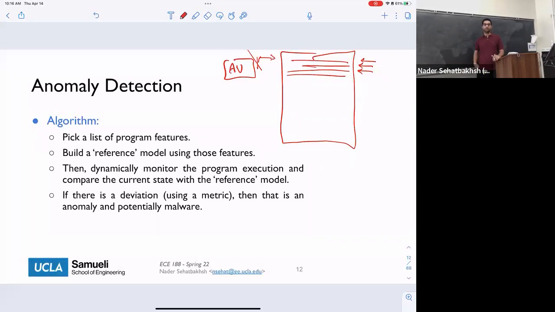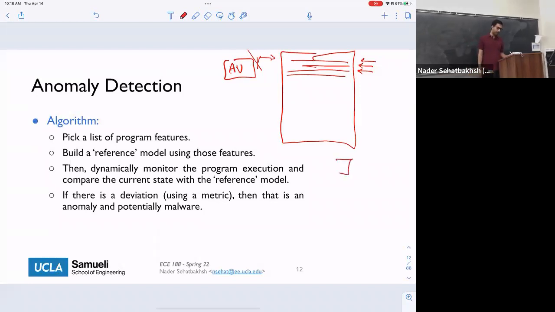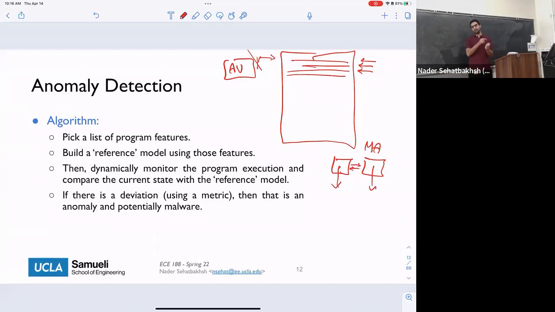And when we are talking about the dynamic, that is when we actually run programs. While we are running programs, it becomes two parallel processes. One is the actual program that's being run, and this would be your malware analysis or dynamic analysis. So there is a kind of back and forth between these two in order to detect.